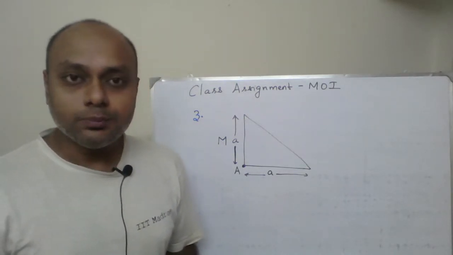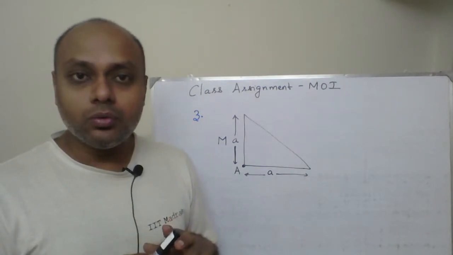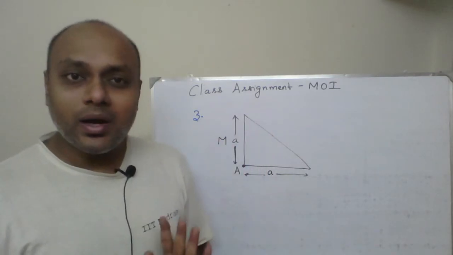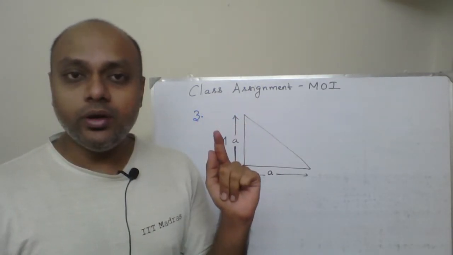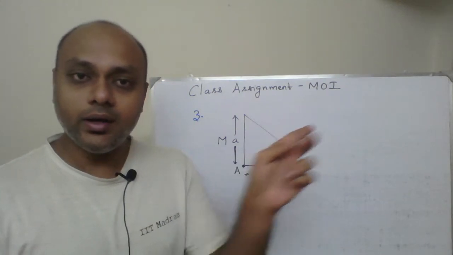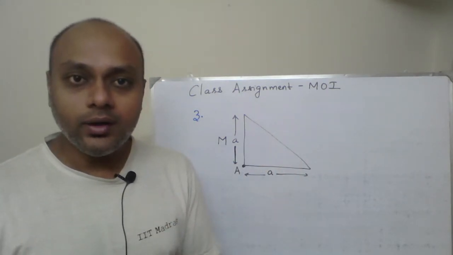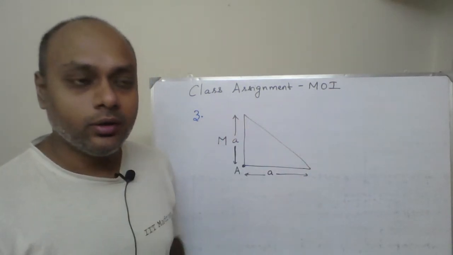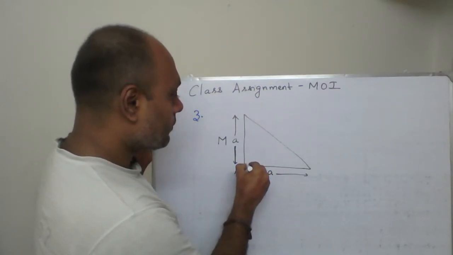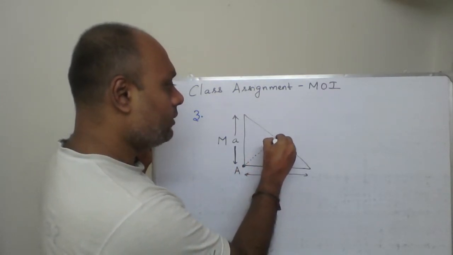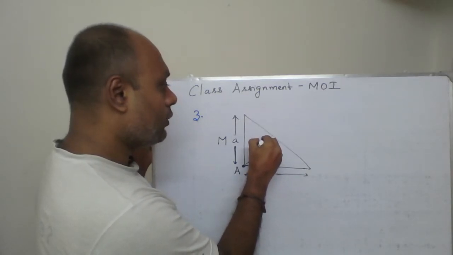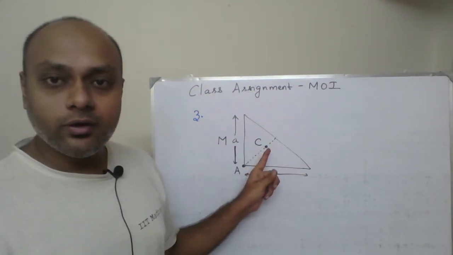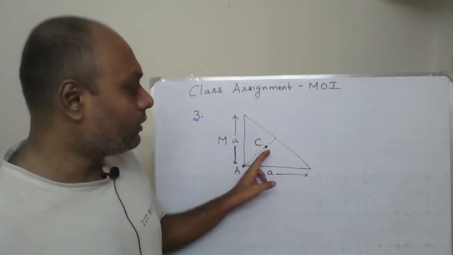So what I'm going to do is, I'll give you one way of approaching it. You'll have to be very careful. While using parallel axis theorem, you can only shift between the center of mass axis and an axis parallel to it. And note that center of mass for a triangle is at the centroid. So if I draw the median, the centroid will be over here. I'll call this point C, which will be the center of mass for the full triangle. So just keep that in mind. We'll come back to this.